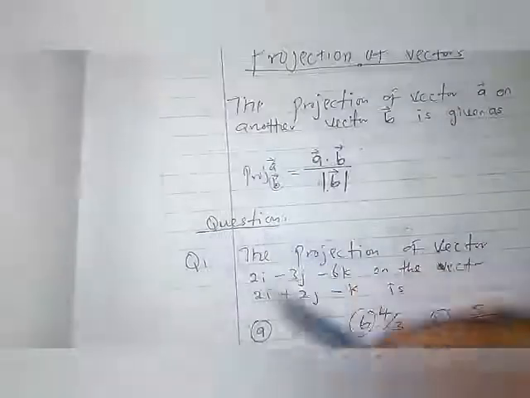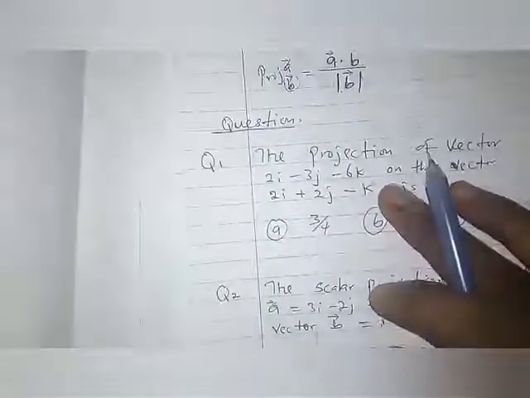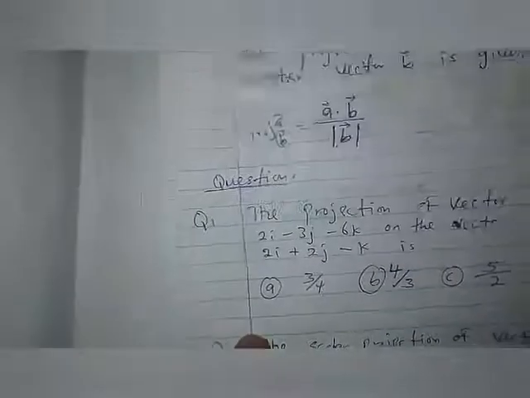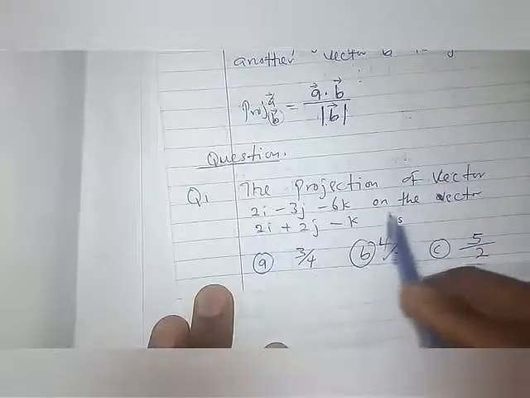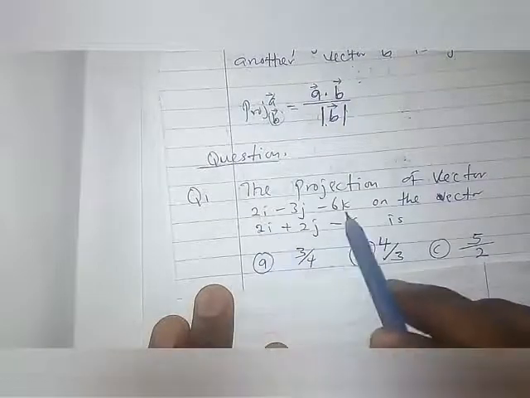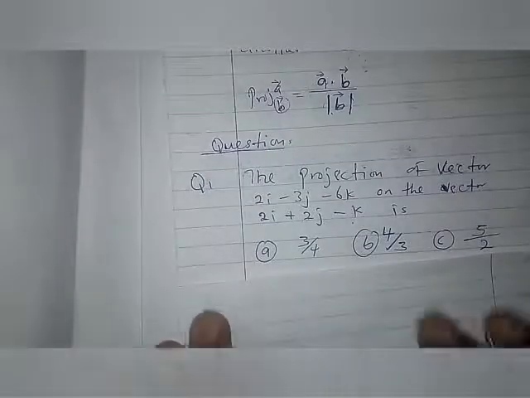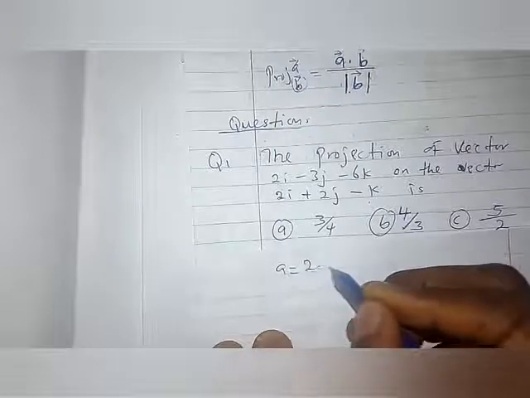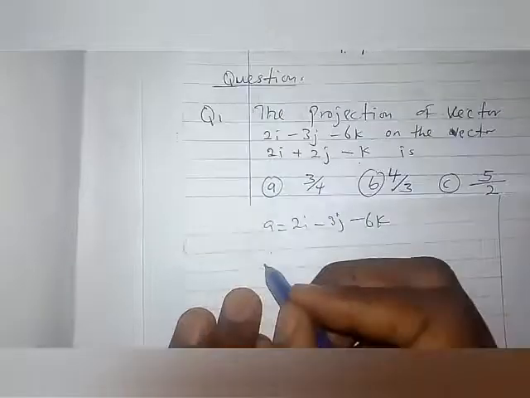So we are going to treat these questions here. I have two questions. The first one: we are asked to find the projection of this vector on this vector. That is, this vector is projected on this vector. So we are asked to find the projection. This is vector A, while vector B